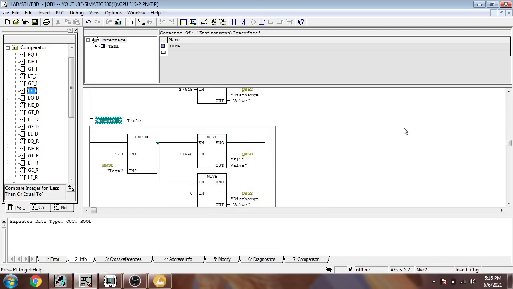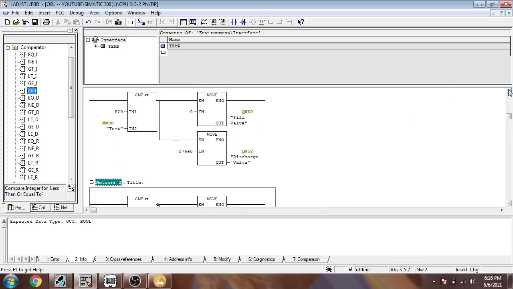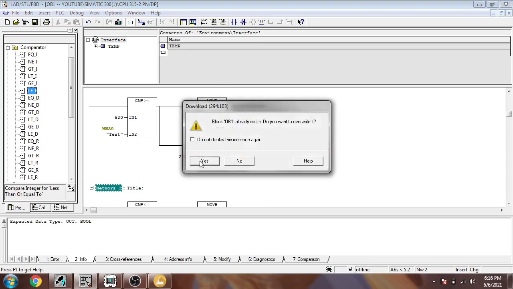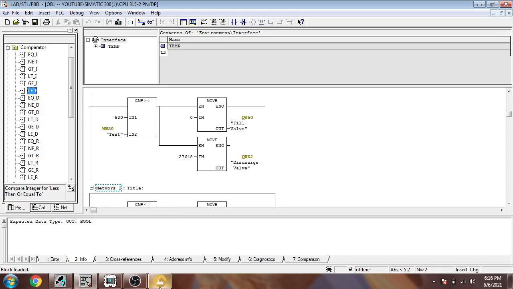The double integers and the integers are the same functions, but double integer we are going to use when we have a very large value. So then we are going to use a double integer, but the integer and double integer are both basically the same size.